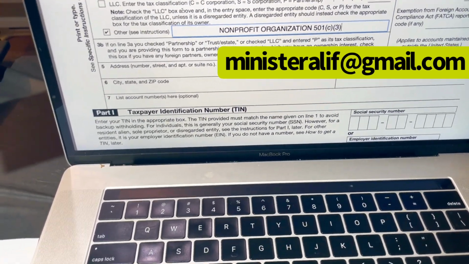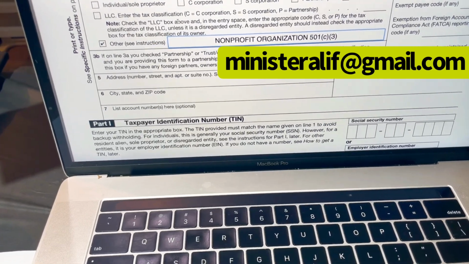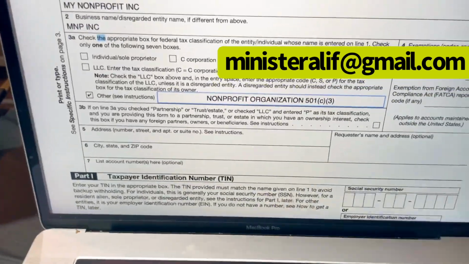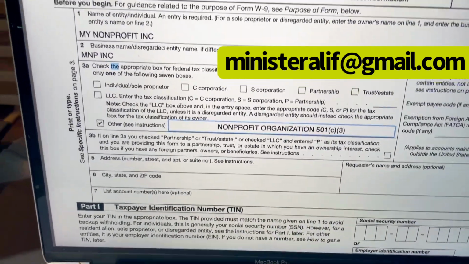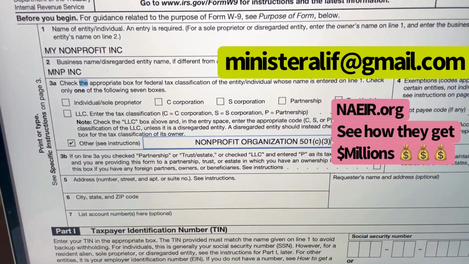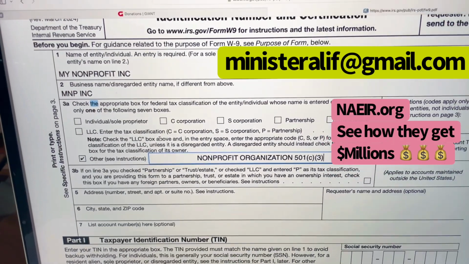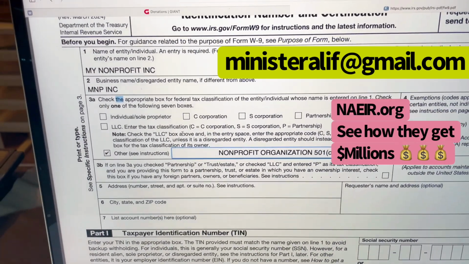So that 501(c)(3) status is good, especially when corporations are really not keen on giving money right now, but they definitely want to get rid of that surplus inventory. And NAIR is like the Walmart for nonprofits. And when you go on that website, I don't want you to believe me, they're going to tell you,